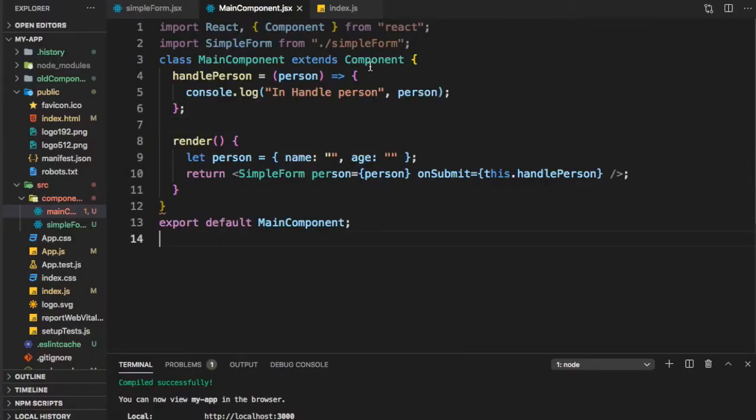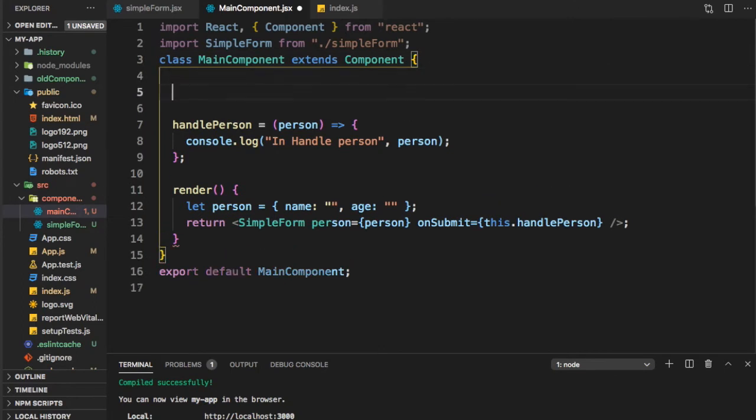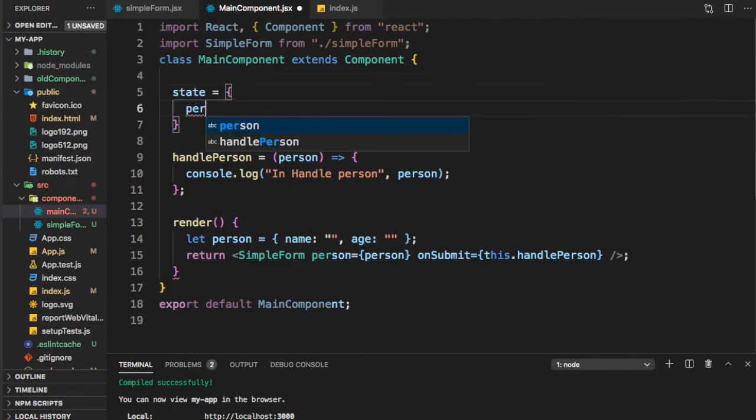So we have the main component. So first thing we will need to maintain the persons. So I can just say state is equal to persons, let's say it's an array. So let me just put in some values initially.